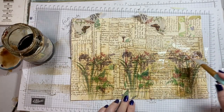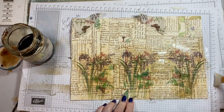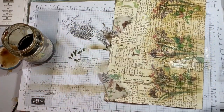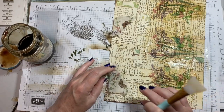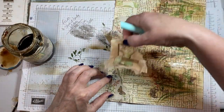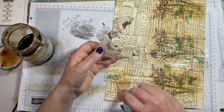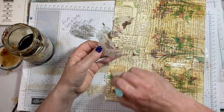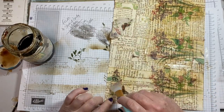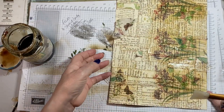And looking at the size of these, I might actually do these as journaling cards as opposed to tags, because that's lending itself quite nicely to that. So whereas if I do that with this, I could put a cluster on top of that and we'd still see it. So I'm not 100% sure of where I'm going with it, so